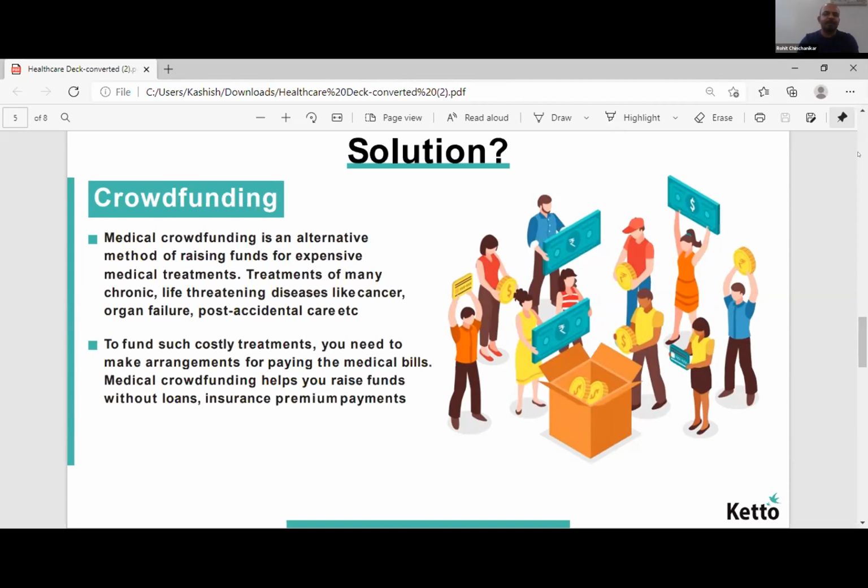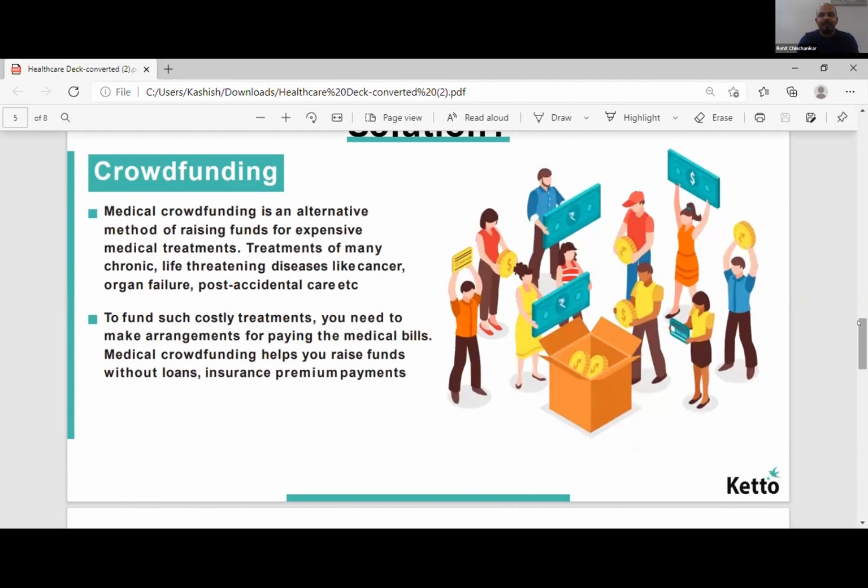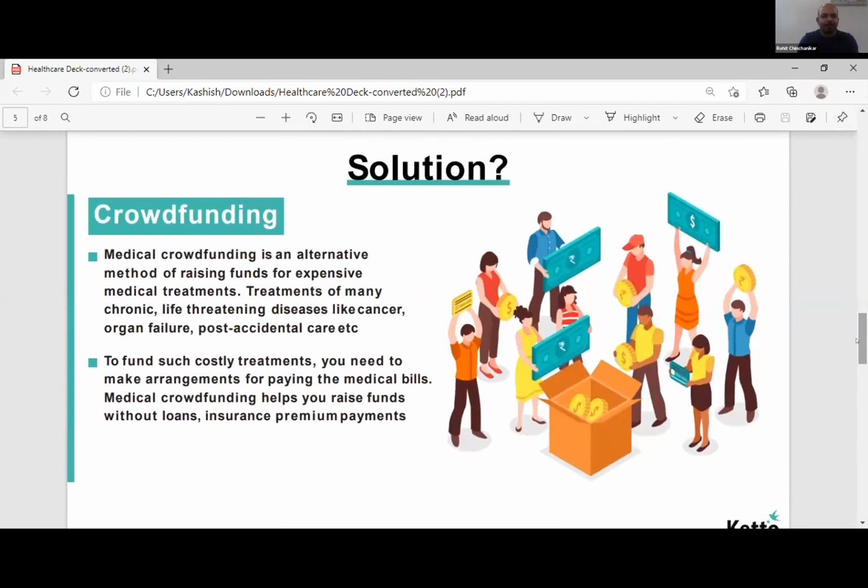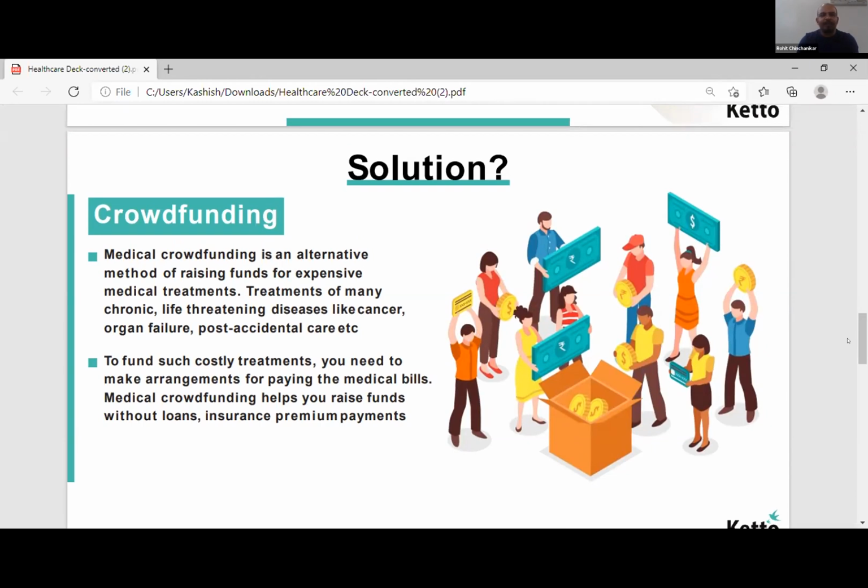The father is interviewed to put together the content for the article, for the campaign, which Keto has to create to raise funds for this patient. The content could say, I'm a bus driver, I earn 20,000 rupees per month, I have 5 people in my house to feed, my wife works as a maid, and so on. Once the photos have been taken and the interview has been done, all these things are put together and an online campaign is created.